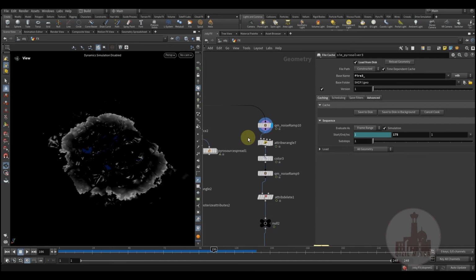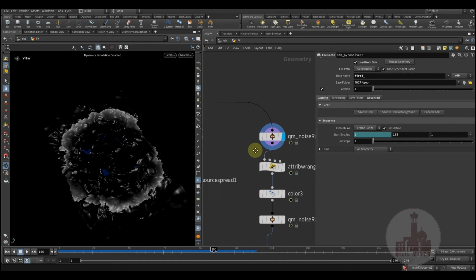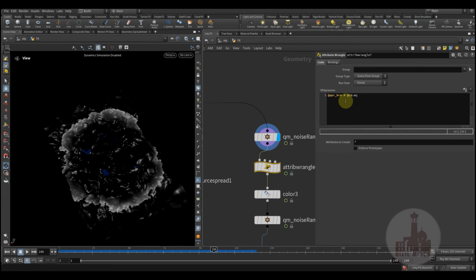Okay, so here I'm adding some additional ramp, and I'm using it. I'm creating a paper burn attribute. This way I'd like to have a bright edge of burning paper. All right,